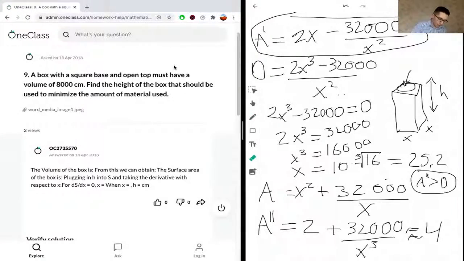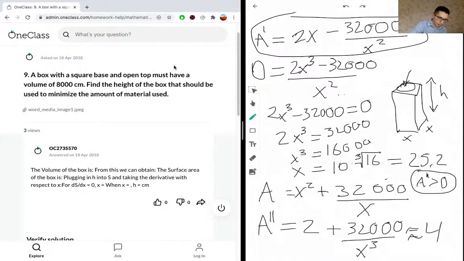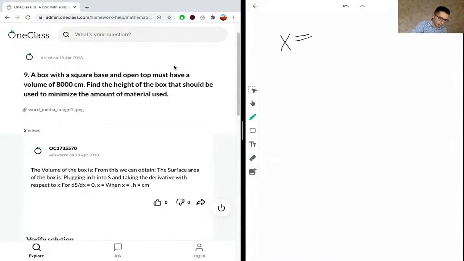So we'll clear the page. We know that when x equals, let me just double check this, the value we got was 25.2. So when x equals 25.2, we know at this value we get the minimum surface area. So we have the equation height equals 8,000